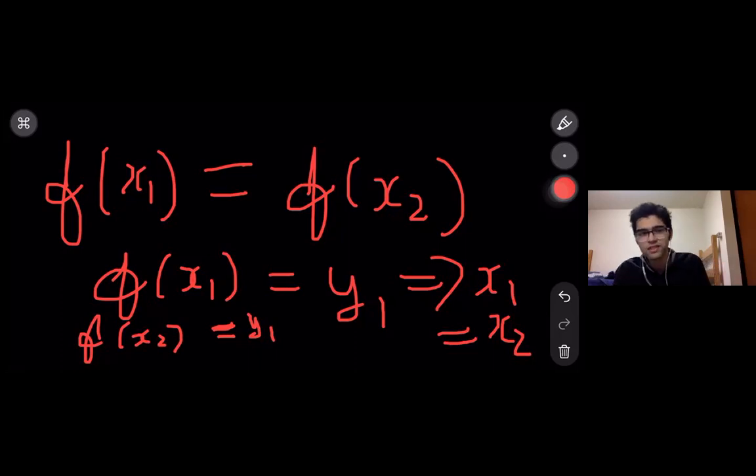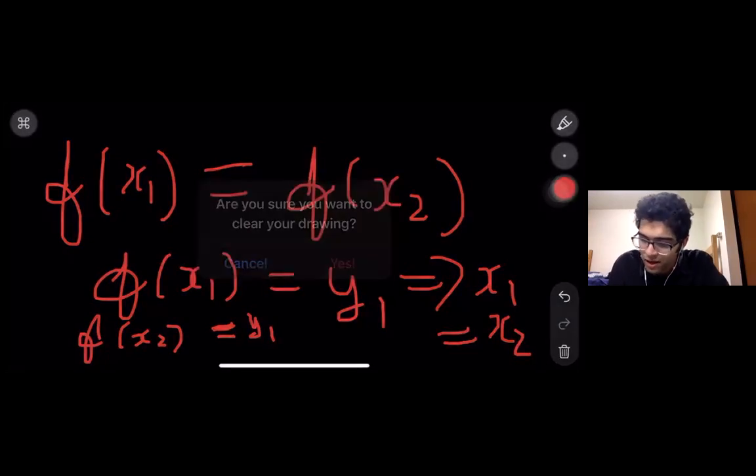So the better way to think of this is like this. If f of x1 is the same as f of x2, then it implies that x1 and x2 are the same. So this is the mathematical way of saying exactly what you said. Because when you use those unique and all those words, it can create some sort of ambiguity. Because in another function, which is not one-to-one, if f of x1 and f of x2 are the same thing, then x1 and x2 might be two different things.